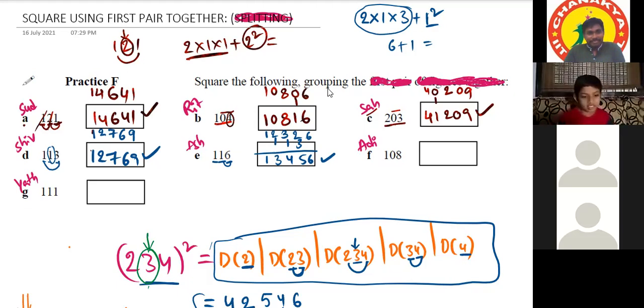Sir, I have to do, sir. 10. Then first, 1 square, sir, which is 1. And then 1 and 0, 2 into 1 into 0, sir, which is 0. Then 1 into 1, 2 into 1 into 8, and then 0 duplex, sir. 0 square you can ignore. And 2 into 1 into 8 is how much? Sir, that would be 16, sir.